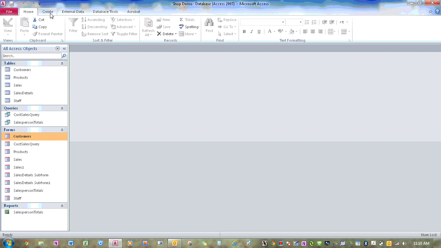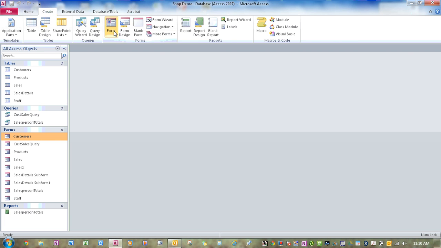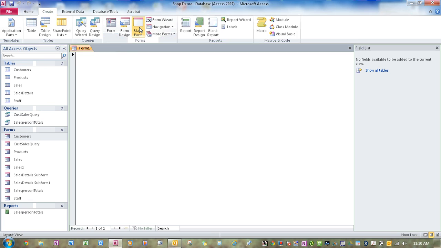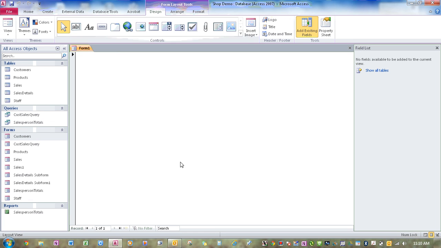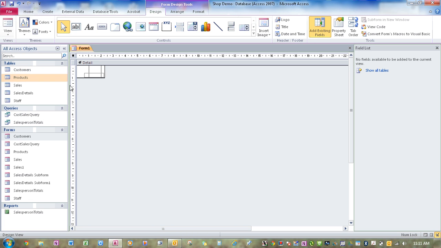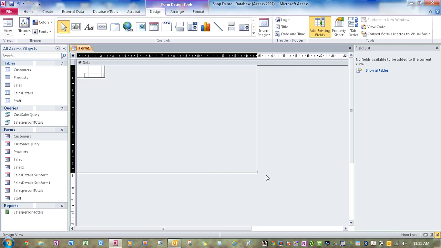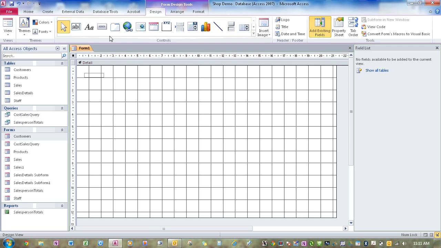Just to make a report, our main menu, we just go to a blank form. You don't need to have any of the wizards because you don't actually want any data in there. So we can just make a very basic menu here. If you go to design view, it will work best. So I want to put a text field somewhere, so